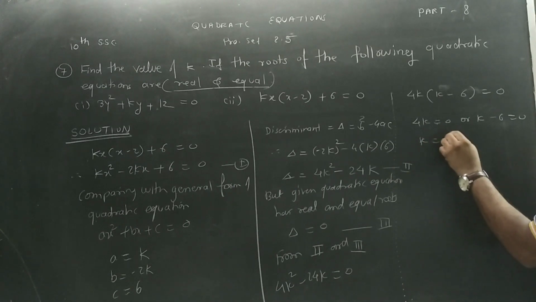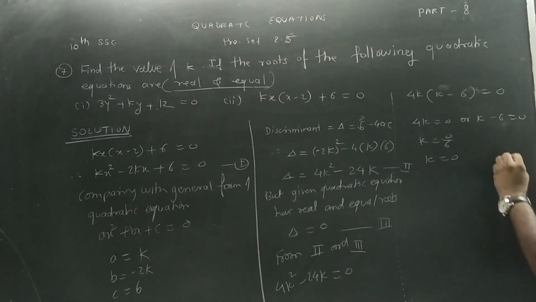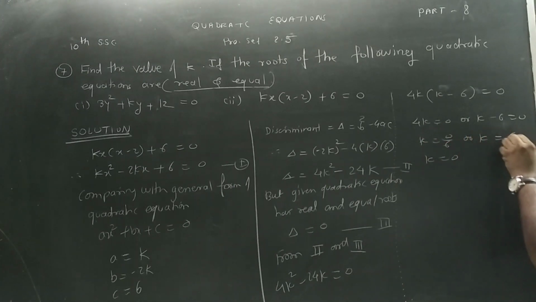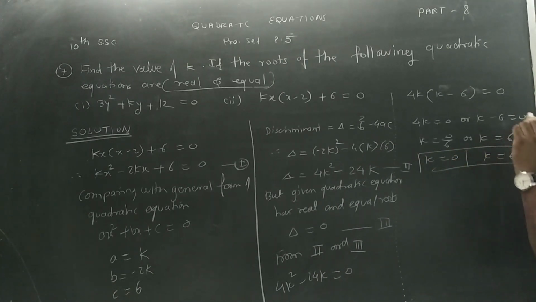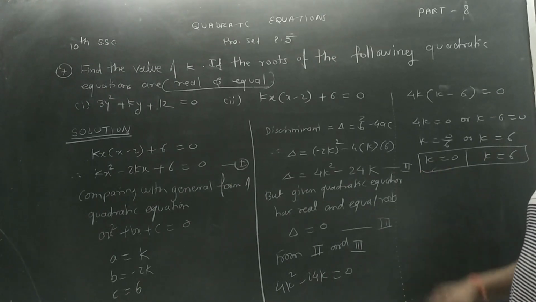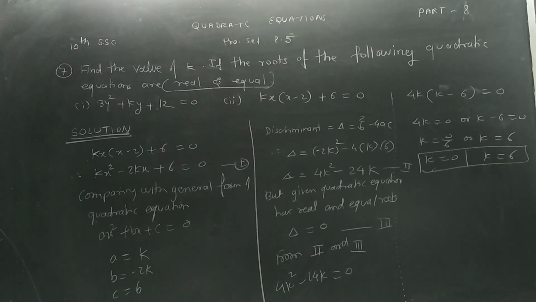So, k is equal to 0 or k is equal to 6. We got the value of k is equal to 0 or k is equal to 6, we are happy. But the thing is, now k is equal to 0 is not acceptable